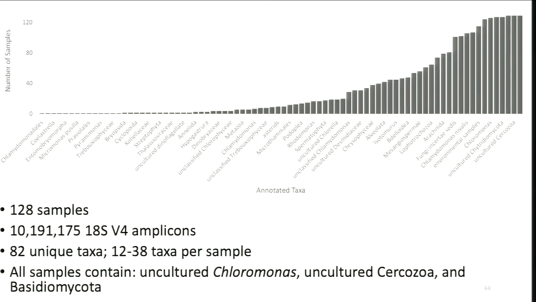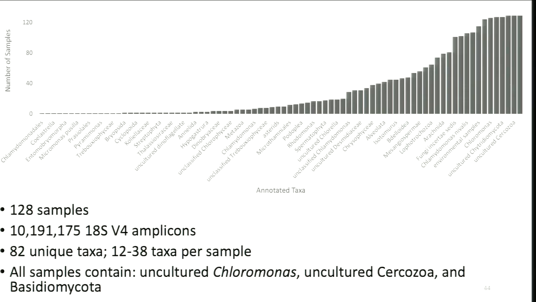So this is one of the results of the data. On this axis, it shows us all of the different species or genera that we have pulled out of our millions of sequences. We have 10 million sequences in this analysis, so this ends up being quite a big data